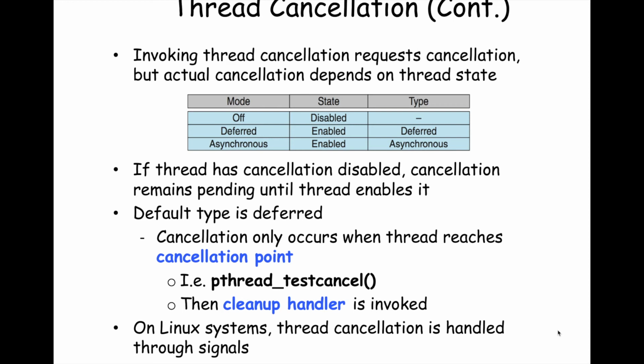So if you're going to have thread cancellation, let's say you have a thread pool type implementation like this, and you want to be able to say, okay, well, if my resource consumption on my system gets too high, I'm going to start canceling threads. Now, if a thread is in the middle of handling an interaction with a client on the other end of the internet, and maybe after sending that response back, you need to go and free memory or free some shared memory that it has allocated, you want to do that test cancel approach, that deferred cancellation,